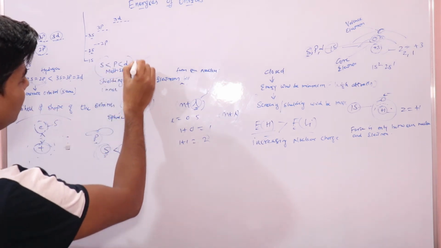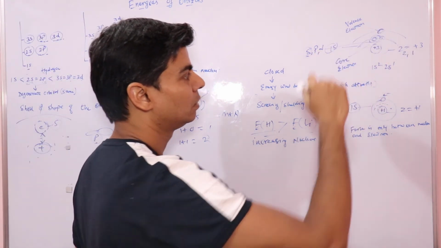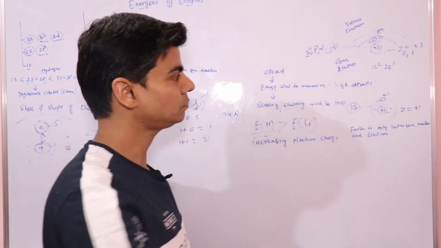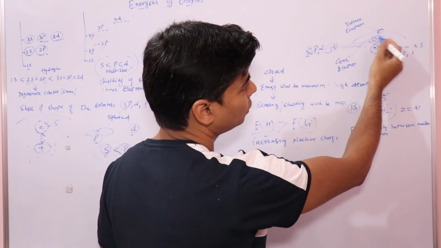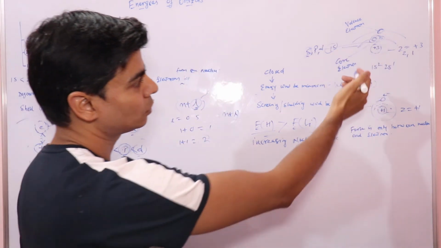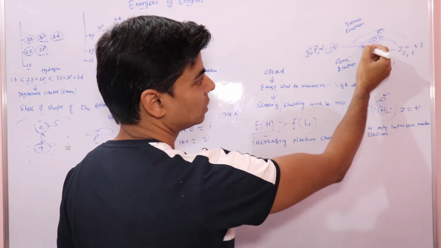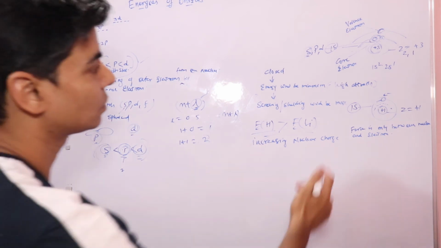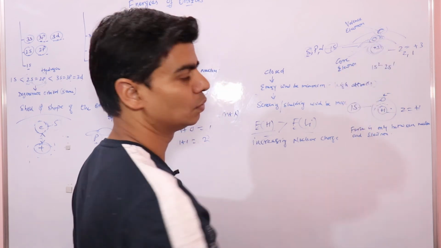This SPD explanation is important. The main reason is shielding of nuclear charge, or shielding of outer electrons by the inner electrons, right? We also call it the shielding of nuclear charge due to the inner electrons, because basically these electrons are acting as a shield or screen between the outer electrons and the nucleus, right?